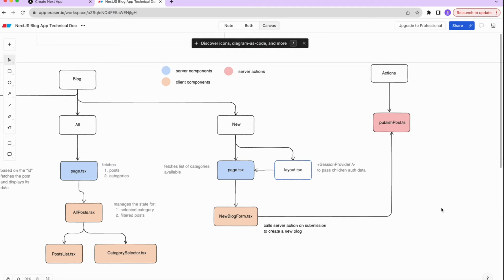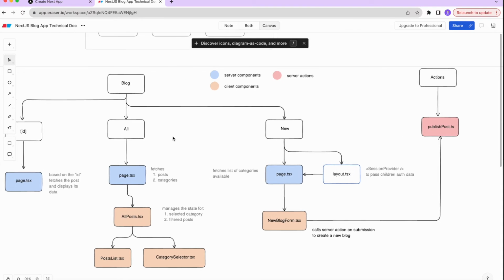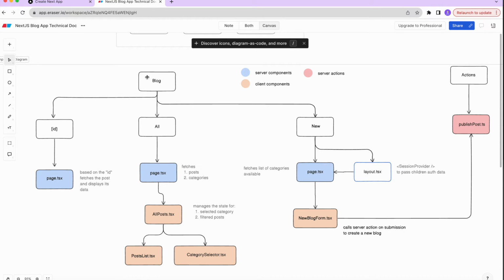Next feature we're going to implement is creating a new blog functionality in which we're going to let users that are logged in click from the menu, select new blog, and then enter information like the title, content, etc. of the blog, submit and publish it. And this is the overall file structure and some of the functions and names that we're going to use. What we already have right now is a blog folder that contains this ID, and then the page that gets this dynamic ID and, based on it, finds it in the database